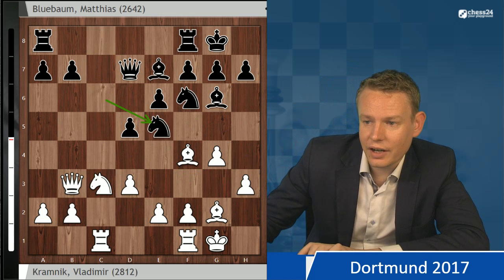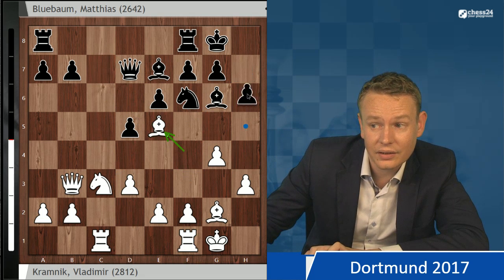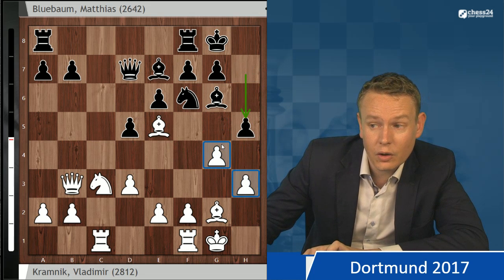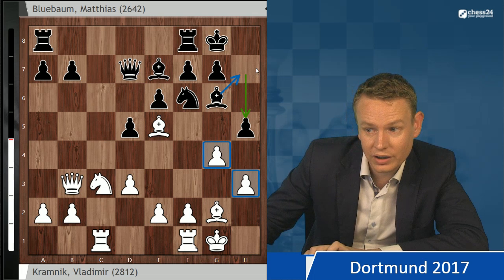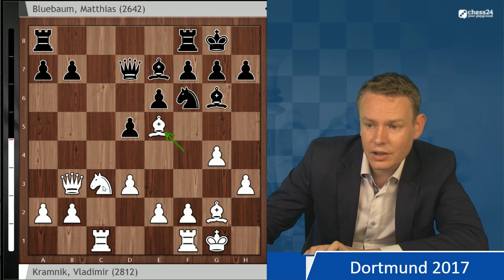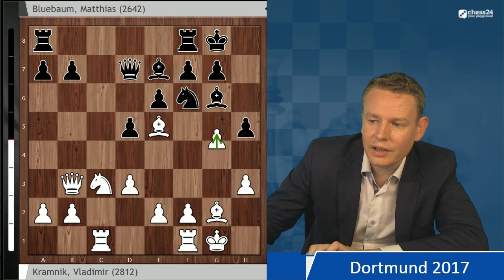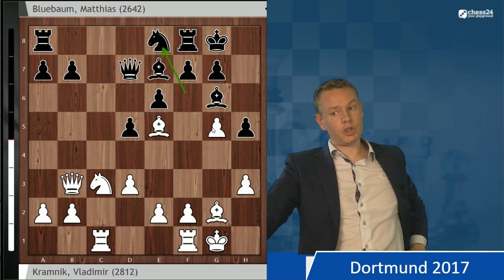Didn't happen. Knight e5 was played instead, takes, and here Bluebaum correctly decides to play the move h5. First of all, reminding white that he has his own weaknesses, and secondly, giving this bishop a square on h7 should it ever be needed. You don't want to wait for white to go knight to b5, put a rook on c7, the knight on d4. Therefore, h5, g5, knight e8, I think is an excellent decision, provoking white to push his g-pawn even further,